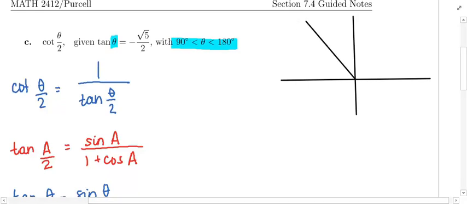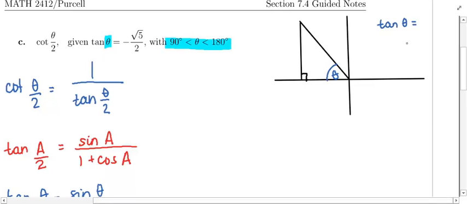And then I'm just going to draw down to make a right angle. All right, so here's my right angle. This is going to be theta. It is not theta over 2. Okay, so here's theta. We know the tangent of theta, which is the opposite